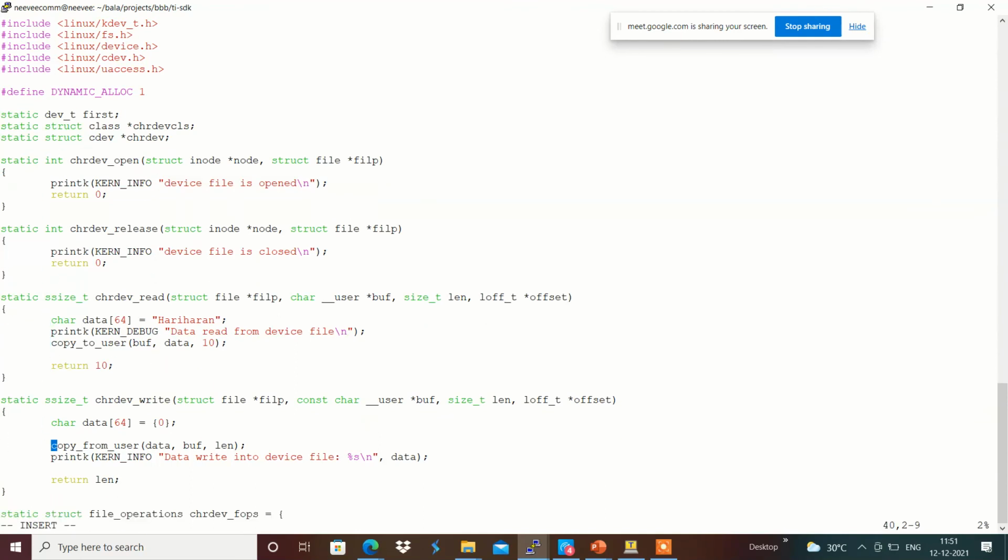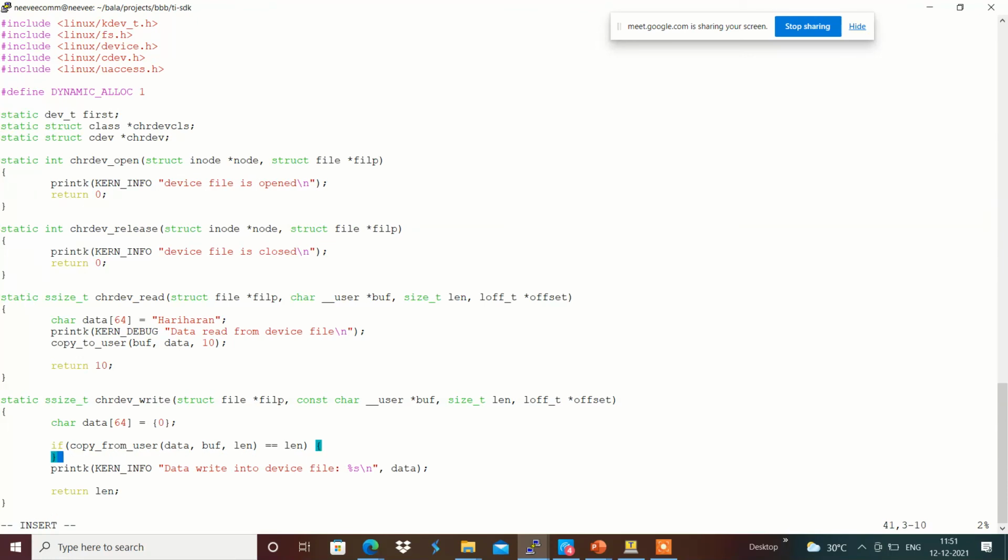For example, if we are copying the length of data over here, the return value should match accordingly.